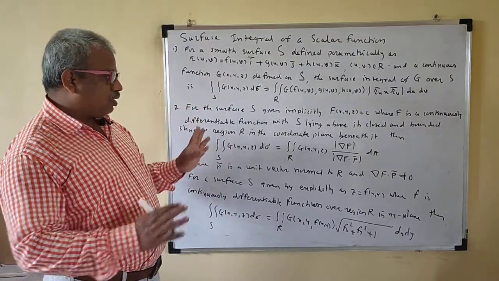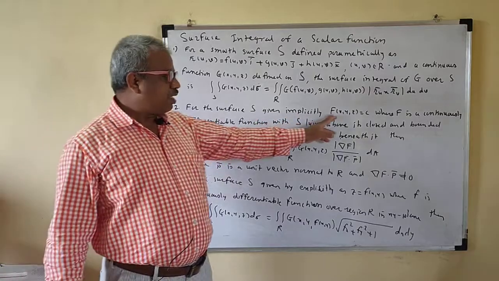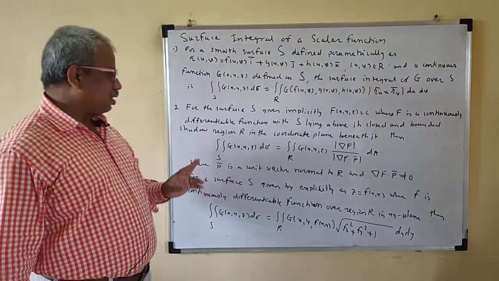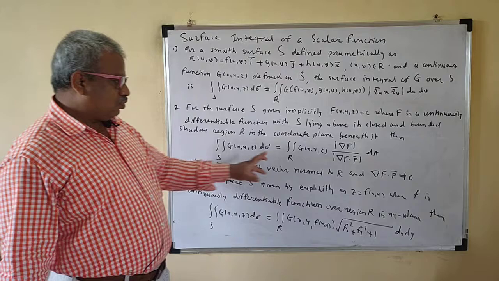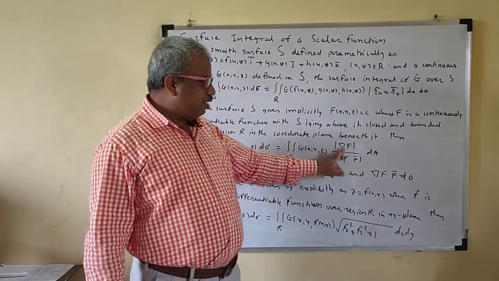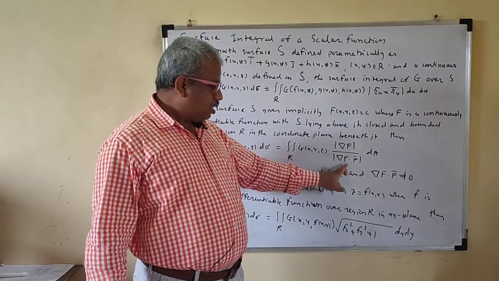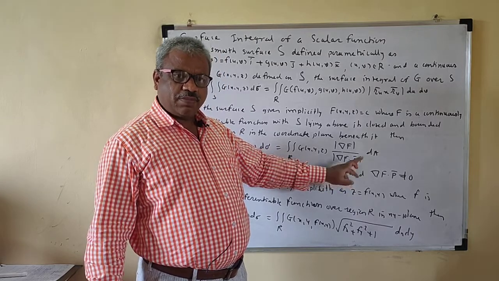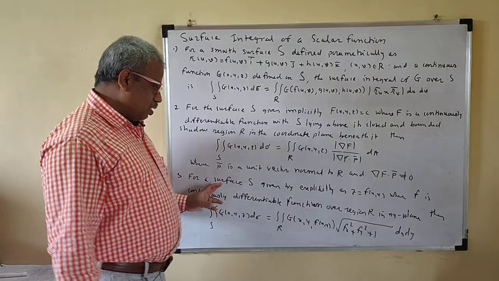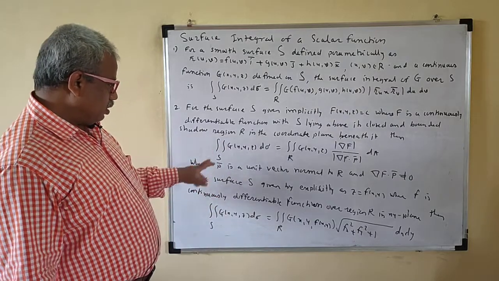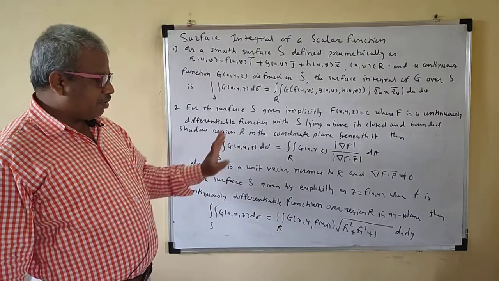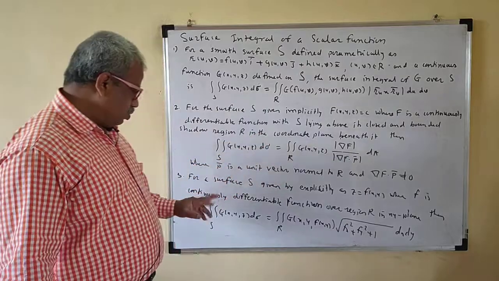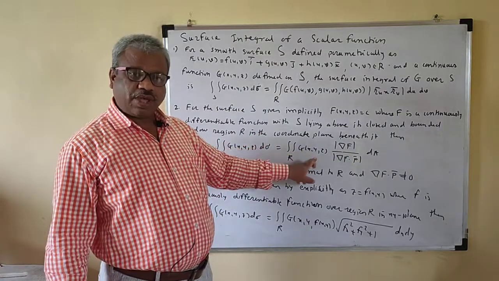Suppose you cannot find the parametrization and the surface is the implicit function F of x, y, z equal to c. Then find the gradient of the function. In terms of p bar, you can write n bar also, because n bar is the unit normal vector to the surface. That is over the region R, so the surface integral is a double integral. These are the three formulas actually, and this formula also you can use.